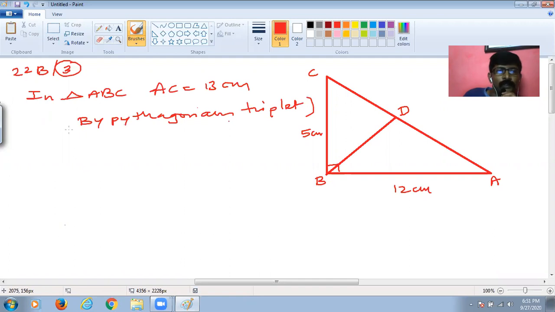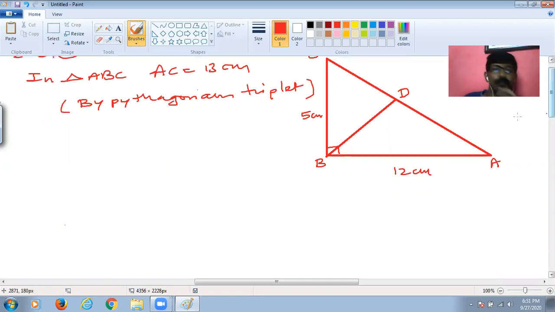So once we write down this reason and the specific statements, let's write down what is given exactly in the sum. In the given figure below, triangle ABC is a right angle triangle at B. This is right angle at B, and BD is perpendicular to AC. BD is perpendicular, very important. So this data is very, very important, guys. If BD is perpendicular, that means this makes 90 degrees over here.